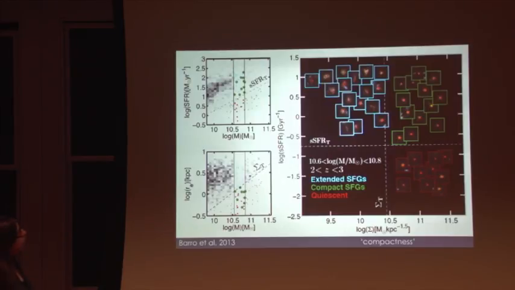All right, so now if we come over to this quadrant, which is star-forming compact galaxies, these have high compactness, they're compact. They might look red in this H-band picture, but these are detected in the infrared. So these are dusty, highly star-forming galaxies that are very compact. And then we see things that also look red, but this time they're red and dead. We don't see any infrared. And again, they're very compact. Notice we don't see anything in here. We don't see any quiescent extended galaxies at a redshift of 2 to 3. All right?